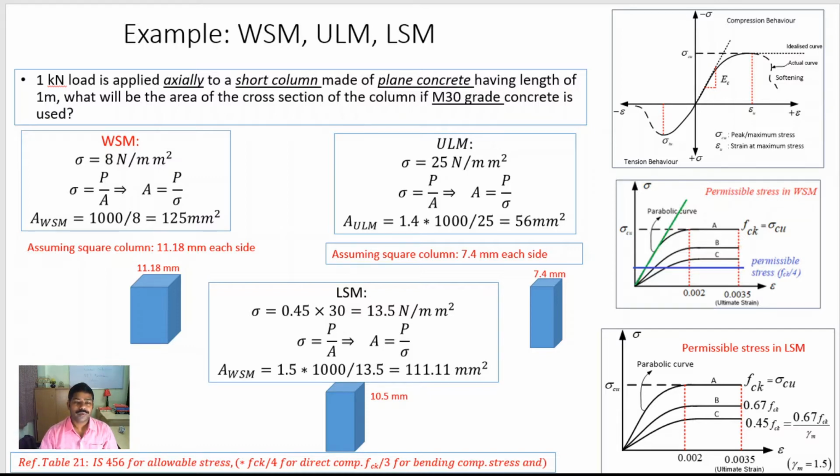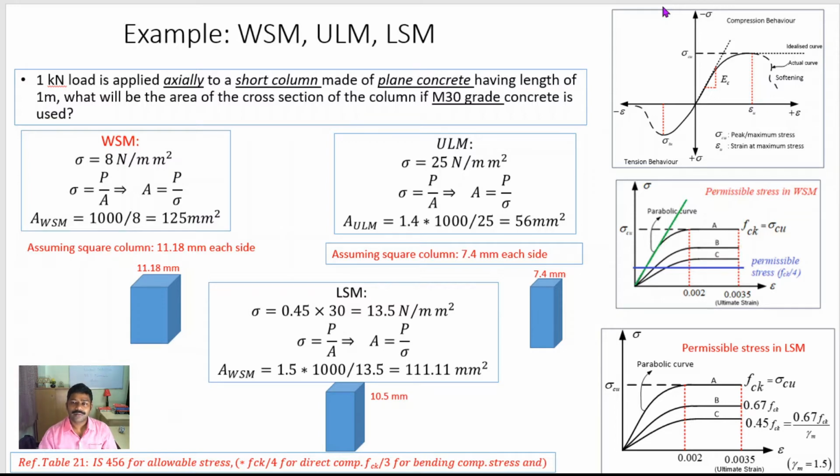Now before going to the problem, we should again recall our stress strain curve as per the different design philosophies. Here the first graph is basically the actual nature of concrete. This right side part is due to the compressive stress, and the left side below is due to the tensile stress. Below is our idealized graph. So first of all we are neglecting the softening part, which is coming here, after the maximum load.